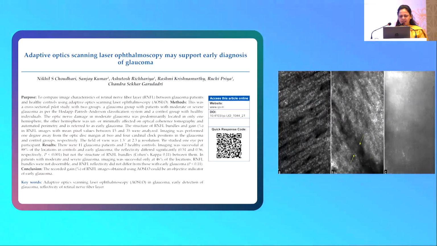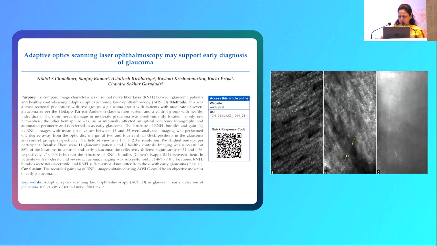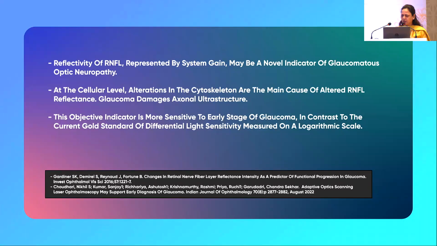So now, having said that, coming forward with one more study, this is the image of a normal individual. This is the image of an individual with moderate glaucoma, and this is advanced glaucoma. You see that these are the missing gaps which are being picked up by the AIOSLO technique. And this study said that this picking up of thinning or narrowing is always a subjective matter. So to gain an objective way, the study done by Chaudhary et al. said that there should be a system gain which works as a novel indicator for